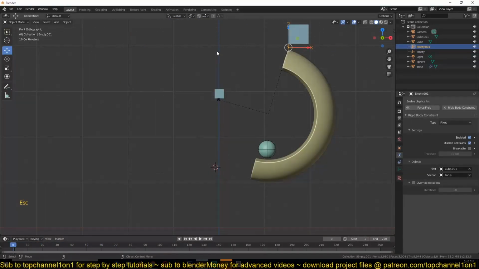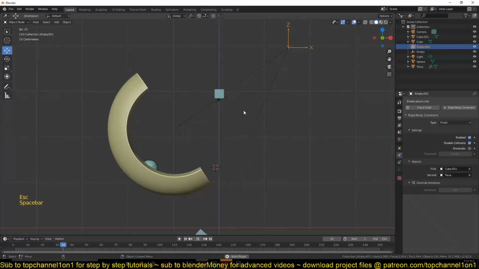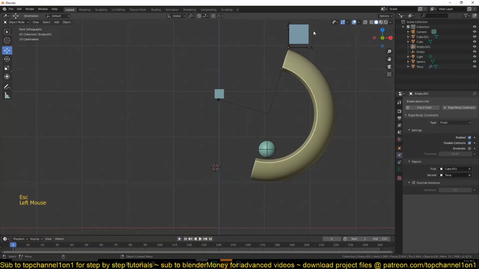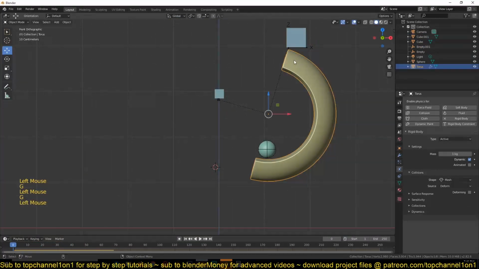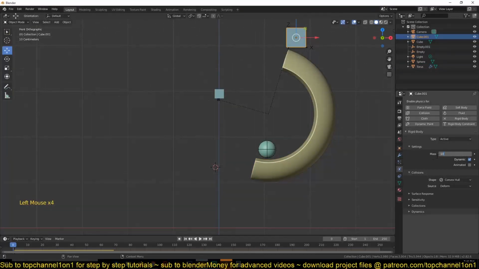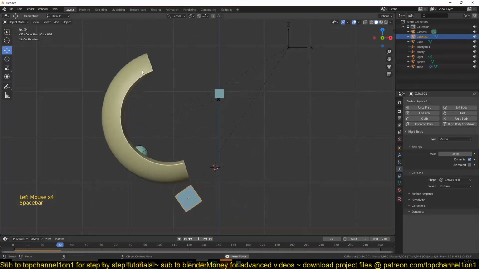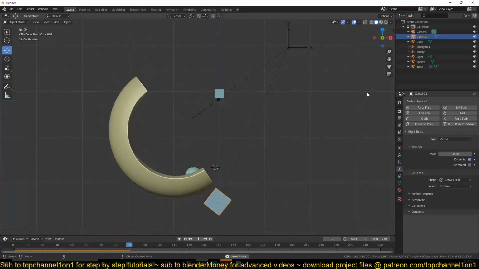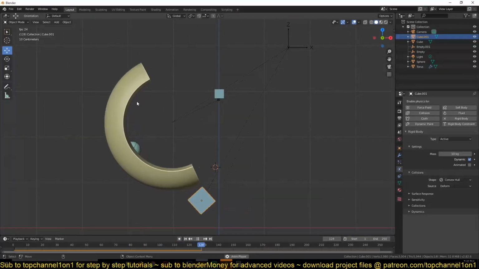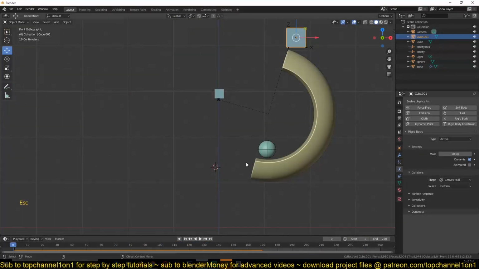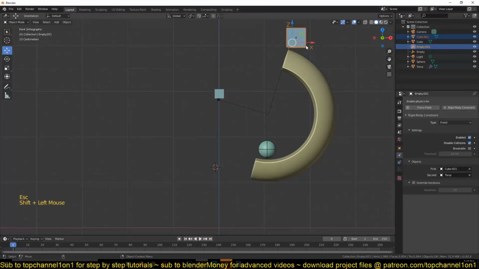Now you can see that because of the force we have, it's pushing, the weight is too high. Let me just set it to 10. It's pushing this all the way and almost flipping it over. I think that was a nice animation. But we don't want it to go all the way, so we are going to add another force on this